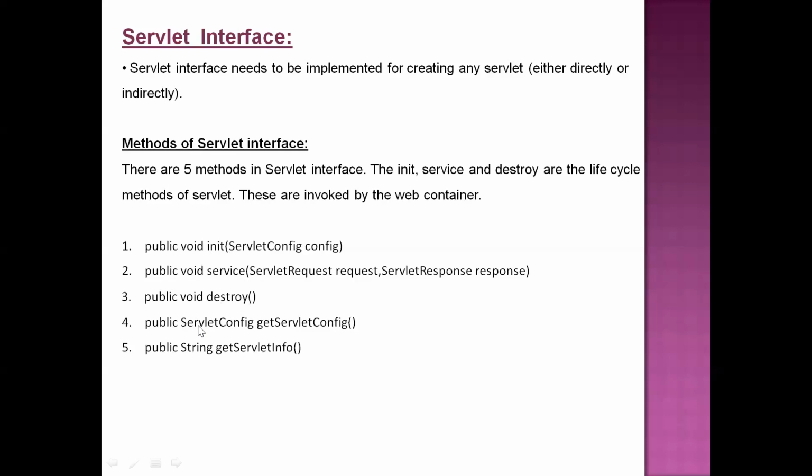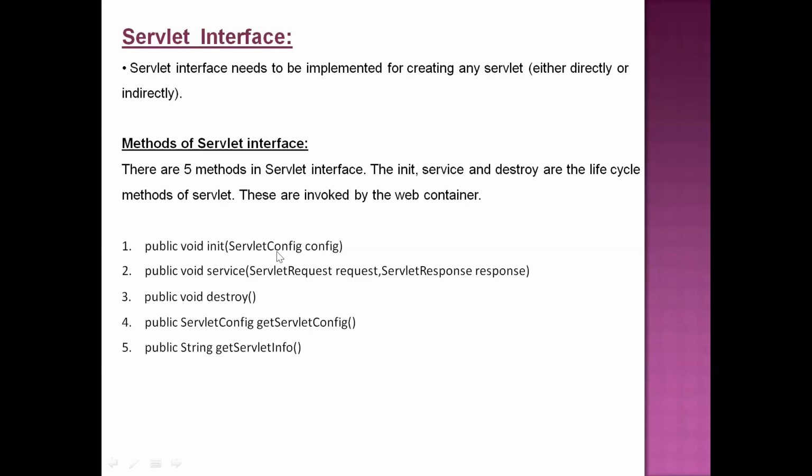Right? Now the next one is the servlet getServletConfig method. This getServletConfig method is used for obtaining the config object. Why we need to obtain the config object is, if you want to initialize the servlet, we need to send the servlet's configuration settings to the container.